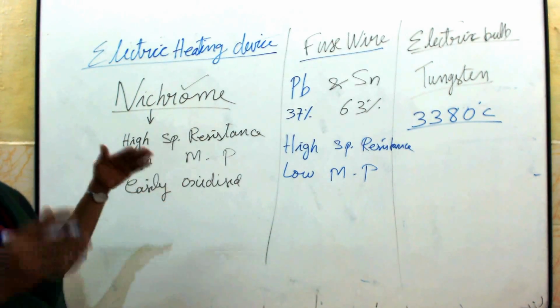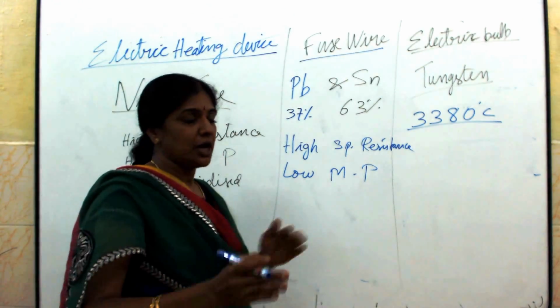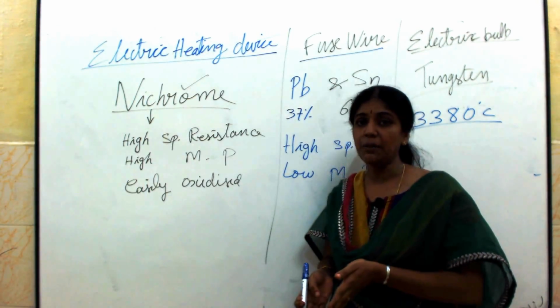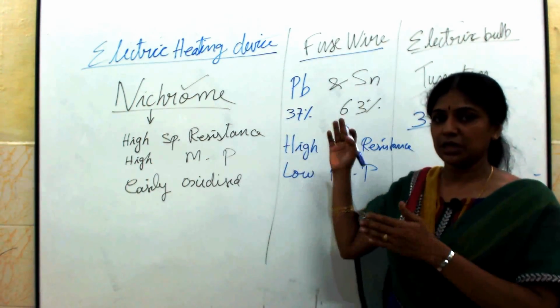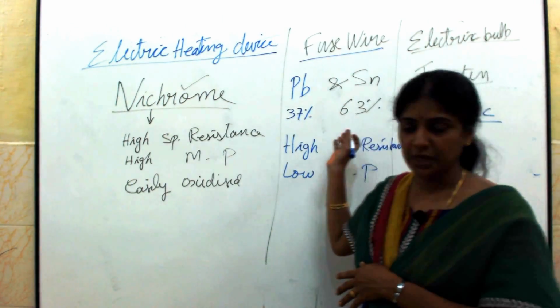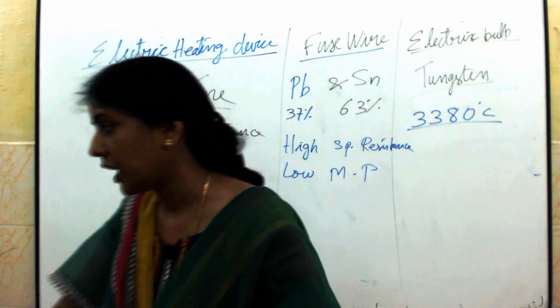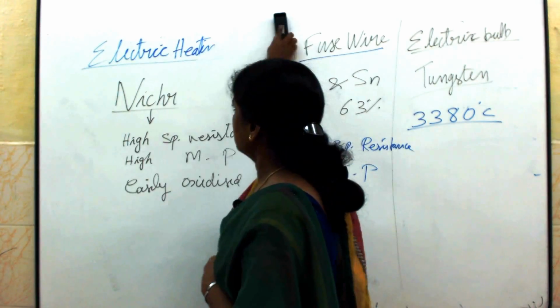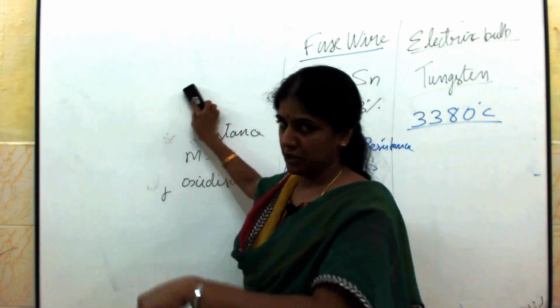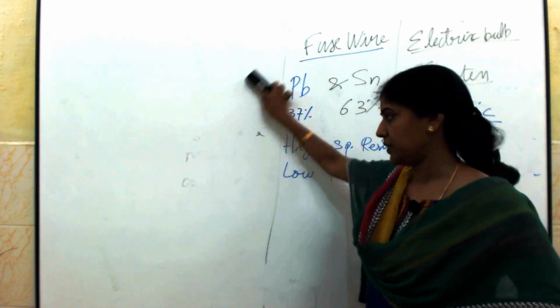So far we have seen what is meant by the heating effect of current, and how to verify Joule's law. What is meant by Joule's law? It is H equals I squared R t, and we have seen the verification and the applications of the heating effect of current in our day-to-day life. Now, electrical energy is converted into thermal energy in the heating effect.